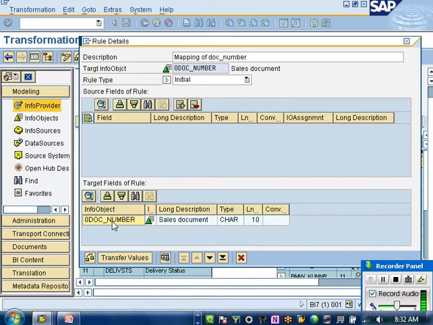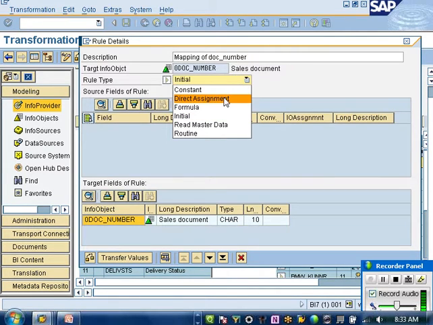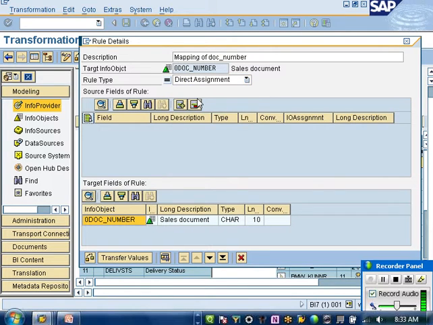Now what I want is, I have a scenario where there is a source field which is giving me the document number, and I am happy with what is coming straight from the source. Now here I will select the source. I can go with either constant, direct assignment, or formula. I'll go with direct assignment.